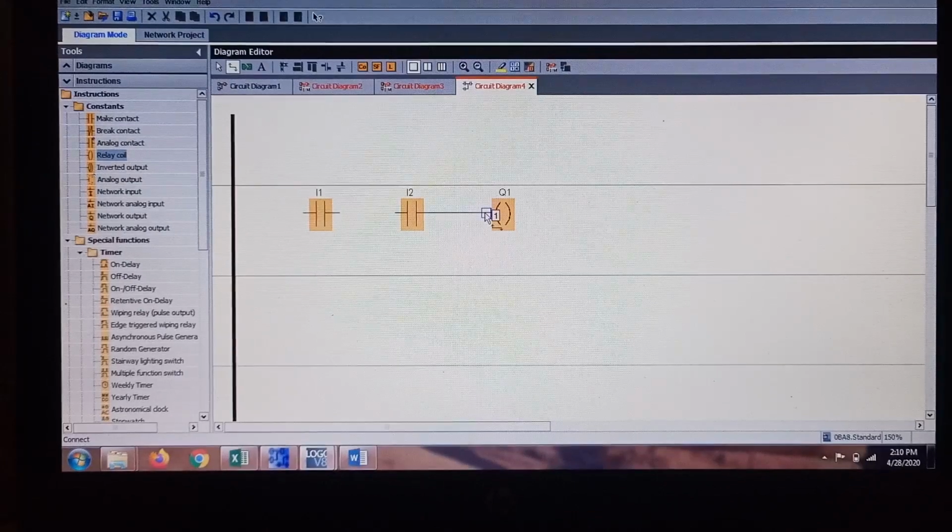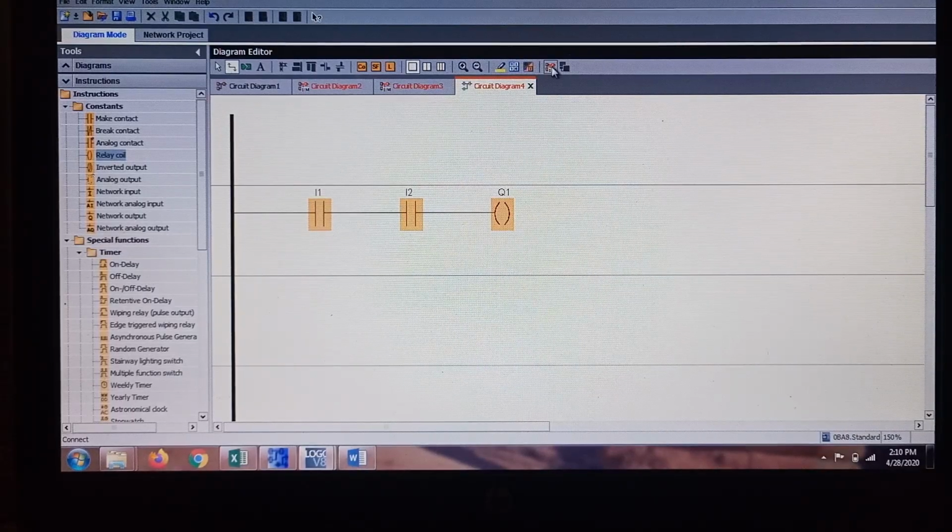Here we are taking a two input AND gate. When both the inputs are high only, you will be getting output. That is your AND gate. Otherwise, two switches connected in series. When you are connecting two switches in series, only when we are closing both the switches will we get output. That is the condition for AND gate. So here we will just simulate and see.